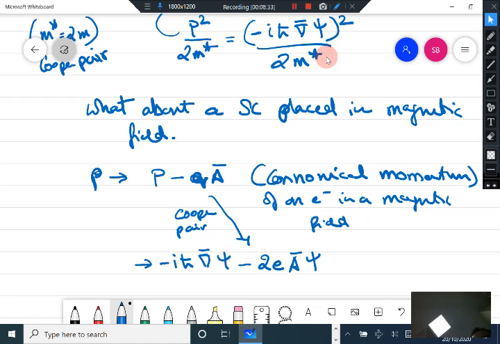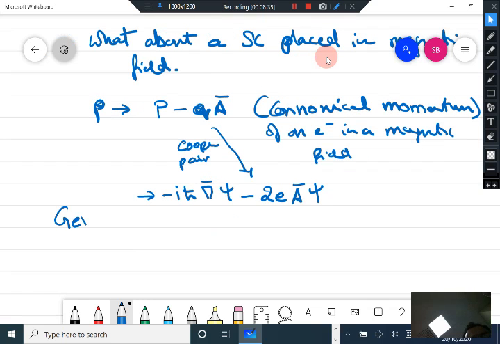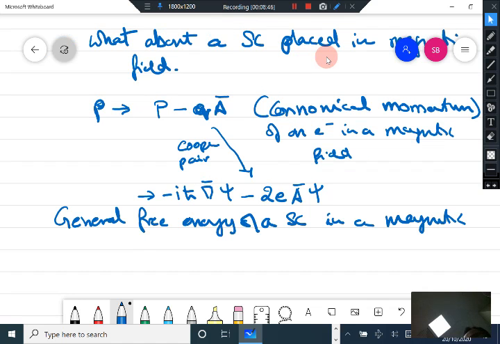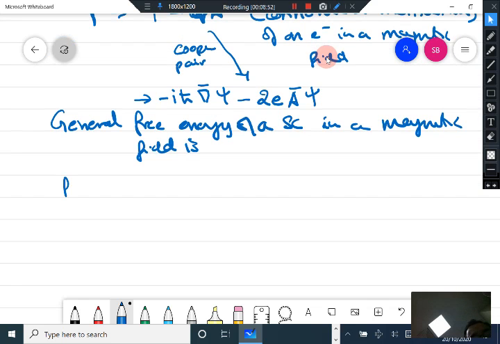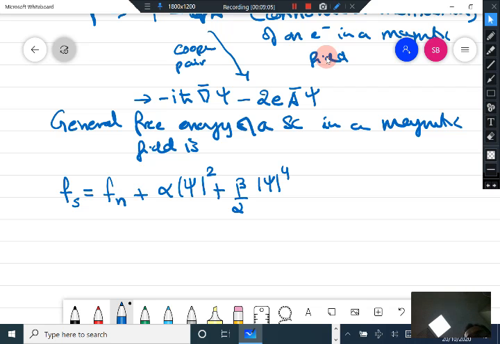So your free energy now, the general free energy of a superconductor in a magnetic field, is, first let me write down the terms: plus alpha psi square plus beta by 2 mod psi raised to 4 plus h cross square by 2m star